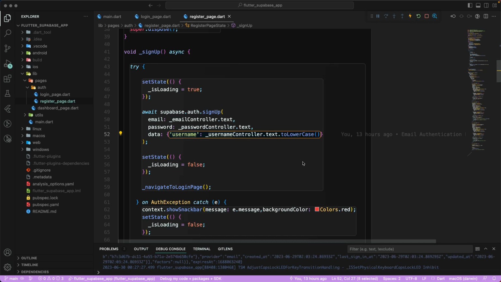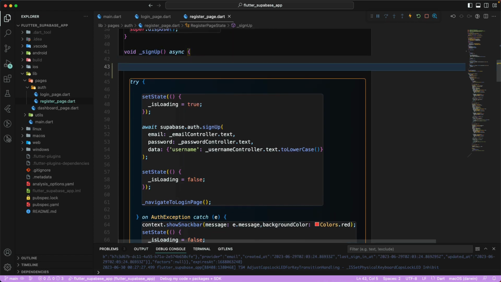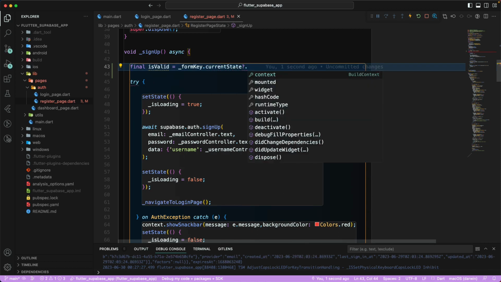So the next step, let us go and do the form validation first of all. I'll just go to the register_page.dart, and I'll go to the sign up function over here. And finally, I'll just go and say isValid over here, which is equal to _formKey.currentState that we have. And then I need to check the nullable type, and I need to do the